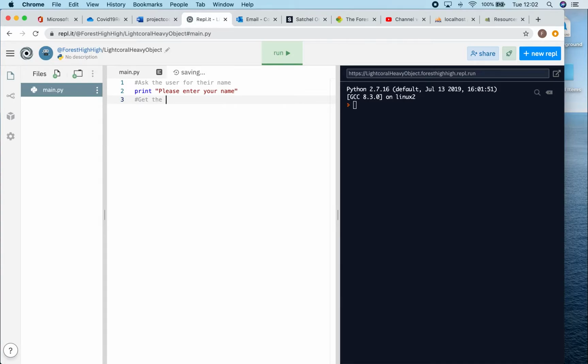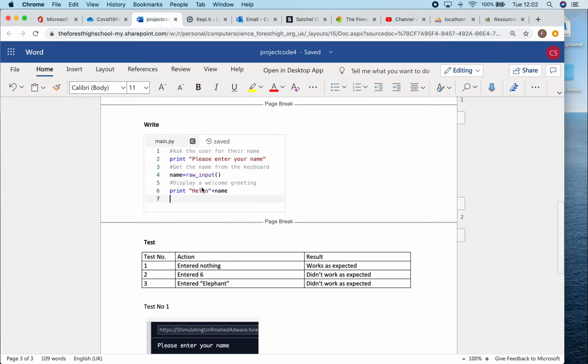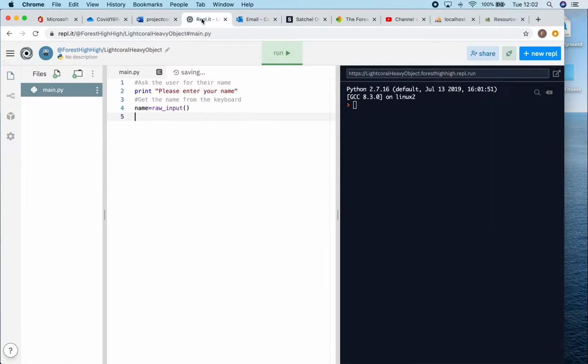Get the name from the keyboard, and then name equals raw underscore input, and then my next comment was display a welcome greeting,